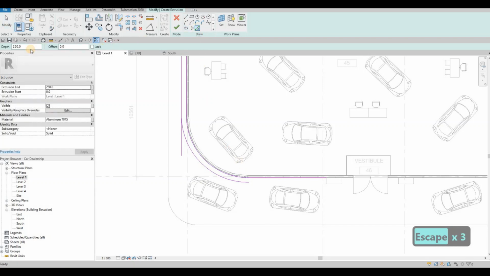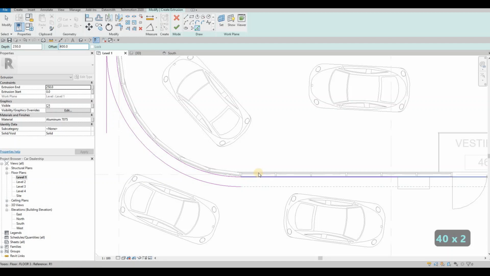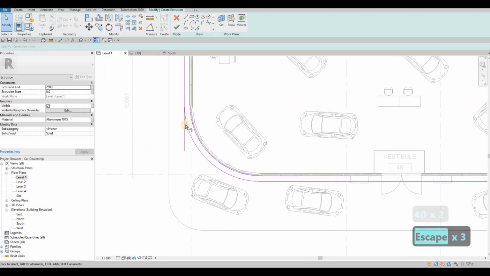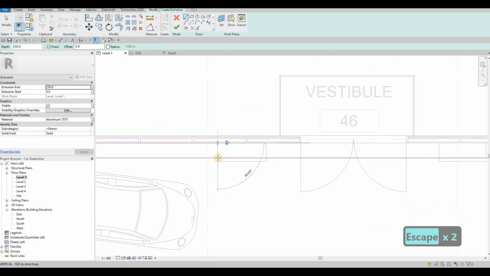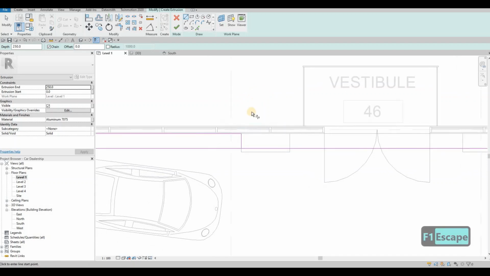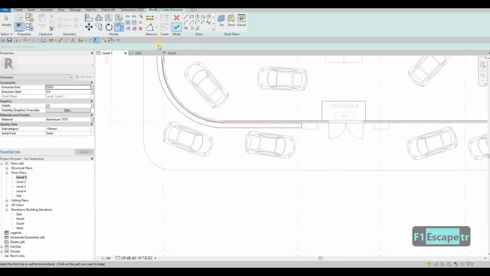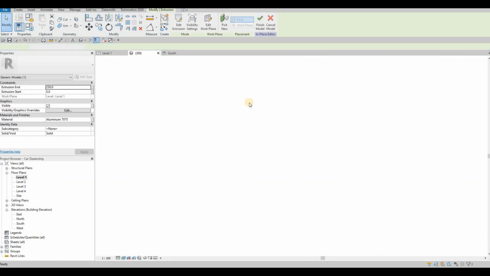And then 400 offset as well here. And then trim and extend onto this side, and then trim and extend on this side as well. So now just trim and extend as well, and then click finish, and then let's look at it in 3D,